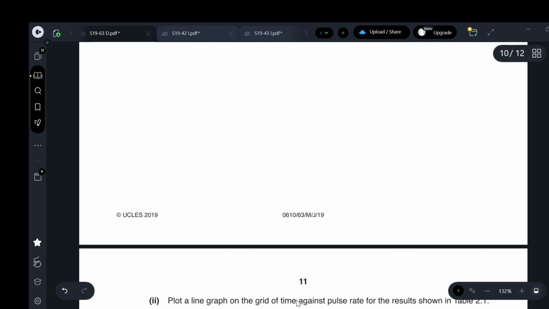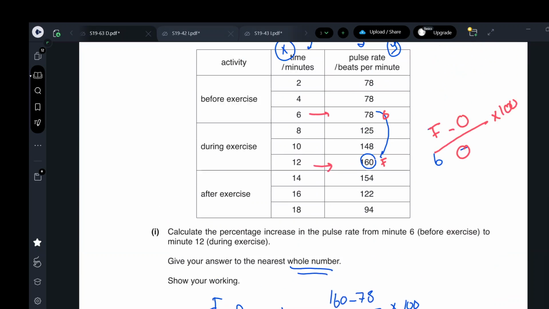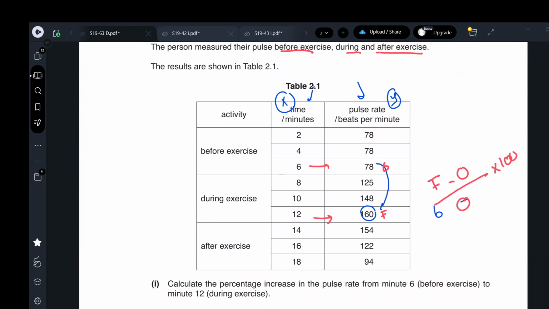Plot a line graph of the time against the pulse rate. He wants a line graph of the time against the pulse rate. The left side of the table is always on the x-axis. The results you are measuring is on the y-axis. This is the dependent variable. The dependent variable you are measuring is on the